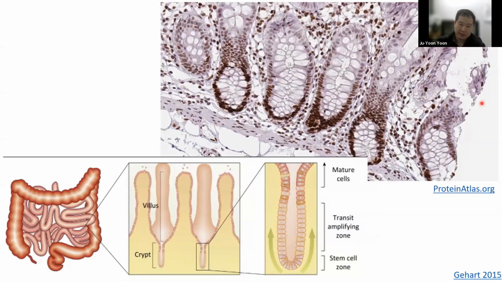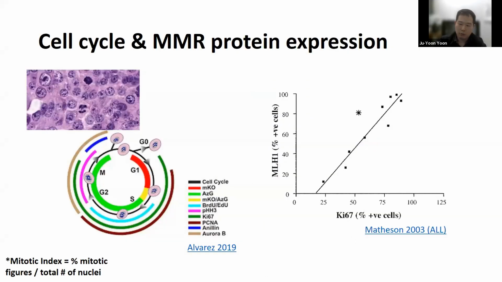The other thing to note is that this is just normal intestinal mucosa, and the expression level of MR proteins does depend on cell cycle phase. Here we have very strong expression in the crypts, and it peters out as the cells mature. This is something we have known to correlate with Ki67 expression level, which is expressed in most of the cells that are actively cycling, a little bit of loss there, and not expressed in G0. So if it's Ki67 positive, you do, for the most part, expect at least a good subset of those cells to have expression of MR proteins.